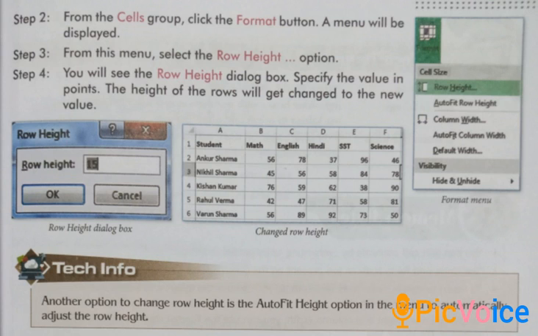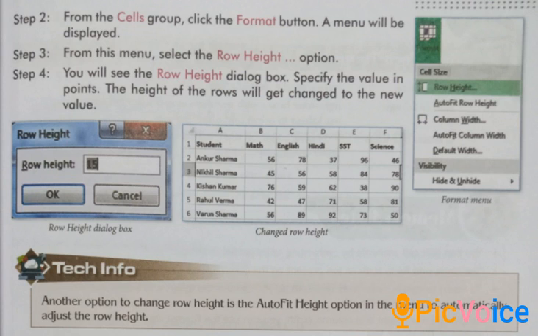Dear students, in Excel 2013 also we can change the height of rows or row, and to change the row height we should follow the 4 steps, and according to these 4 steps we can change the height of rows. And these steps are: